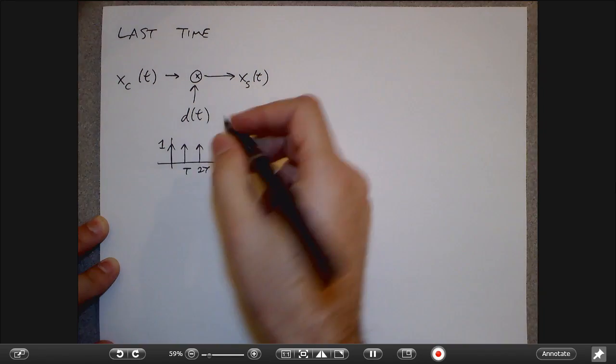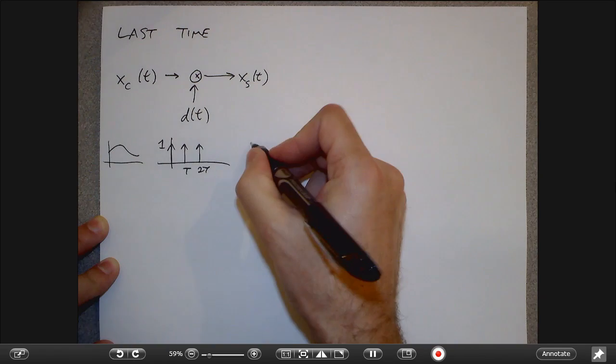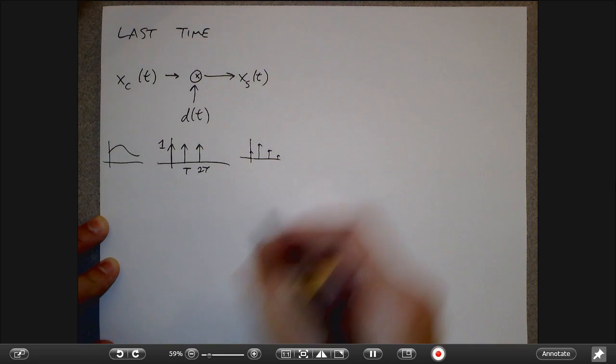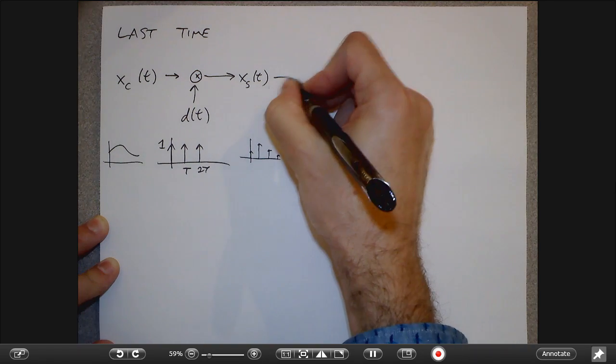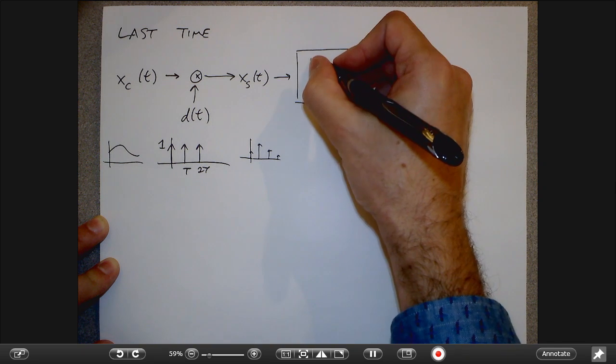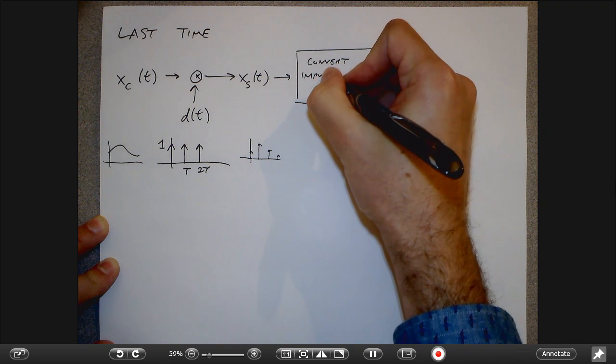So basically I'm taking the original signal and multiplying it by this, and then I get sampled impulses. And then we talked about how in practice what I would do is convert this impulse train